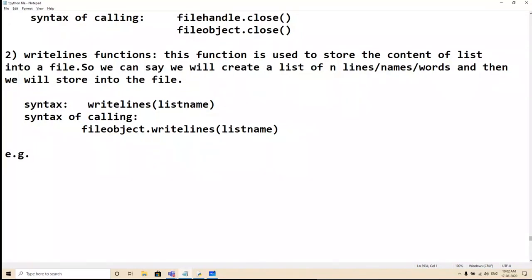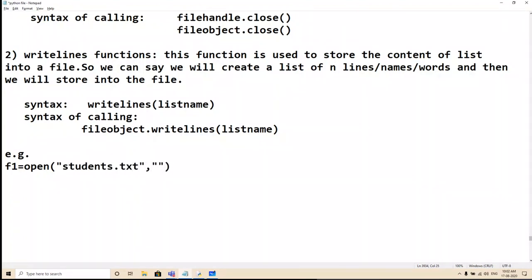Always remember, if you are using write and writelines functions, you have to open the file in W or A mode only, because we have only discussed three modes, A, R and W. Fine. Let's just do a quick example. And then today you will be doing few questions on this. Just after the class you can do.